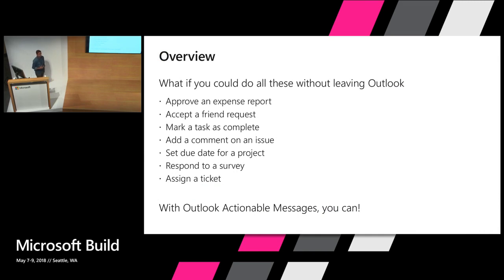If you're like me, you'd be receiving tens of dozens of emails ranging from expense reports to task notifications. Yet, most of these are static in nature. You click on a link, you authenticate, and you perform certain actions on a different service. Every such hop to a different application ruins your productivity, and you end up losing your focus. What if you could approve an expense report or mark a task as complete right from within your email? Well, that's what actionable messages enable you to do. And today, we are happy to announce full support for adaptive cards within the Outlook Actionable Messages technology.